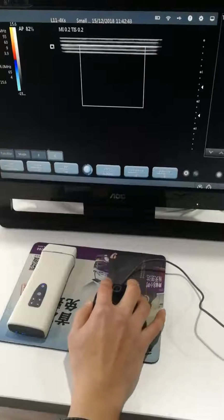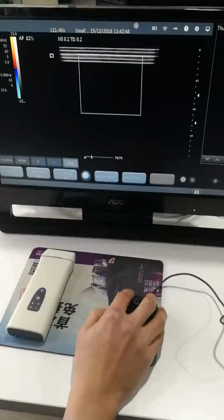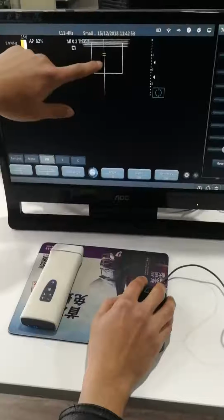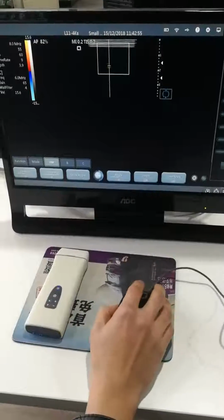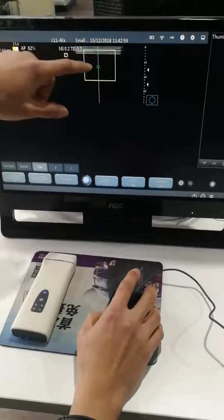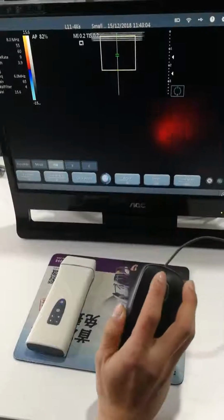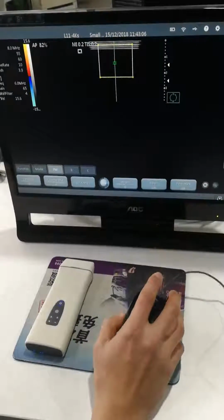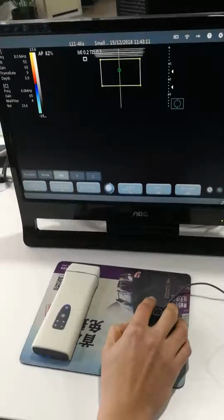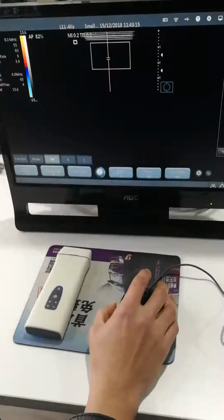And for example, if you want to enter the pulse wave Doppler mode, you will see like this. When it's yellow, you can move and you left click, and you can see the window is yellow. Then you can move the window and left click again, you can resize it. Left click again, you can go back to move the